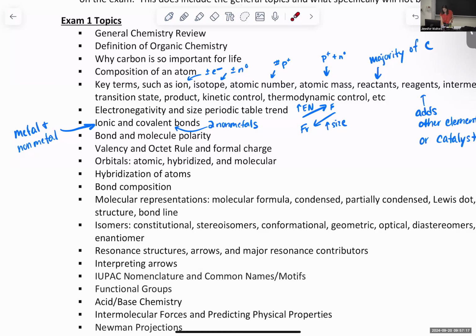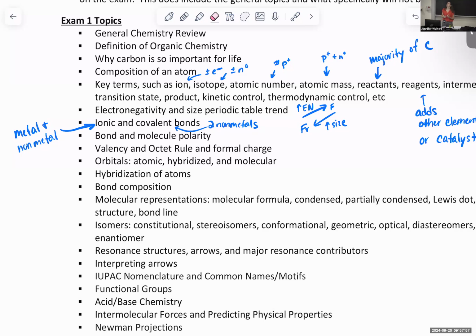We want to have our valency memorized. The valency is related to the standard charges. So group 17 is going to be monovalent. It wants one bond, just like how it forms the 1- charge, like it's F-, it wants one bond. Group 16 is divalent. So oxygen, sulfur, selenium, all of those want two bonds. Their standard charges are 2-. Group 15, nitrogen, wants 3 bonds, and its standard charge is 3-. And then carbon wants 4 bonds. Neutral carbon makes 4 bonds. And so we want to remember our valencies and our octet rule,